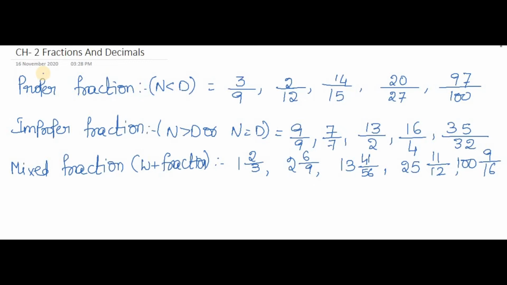And in the brackets I have given the definition of proper fraction, improper fraction and mixed fraction. Coming to improper fraction, the numerator should be greater than the denominator. Simple, it is the opposite of a proper fraction. And sometimes the numerator and denominator can be equal also. That also happens in improper fractions. That is the reason I gave the first 2 examples like that.